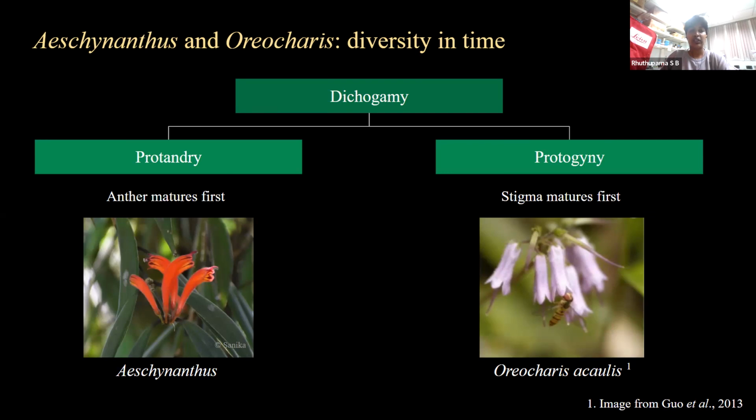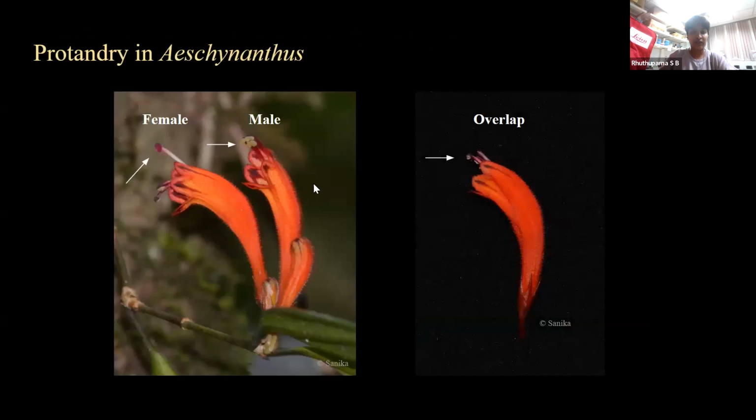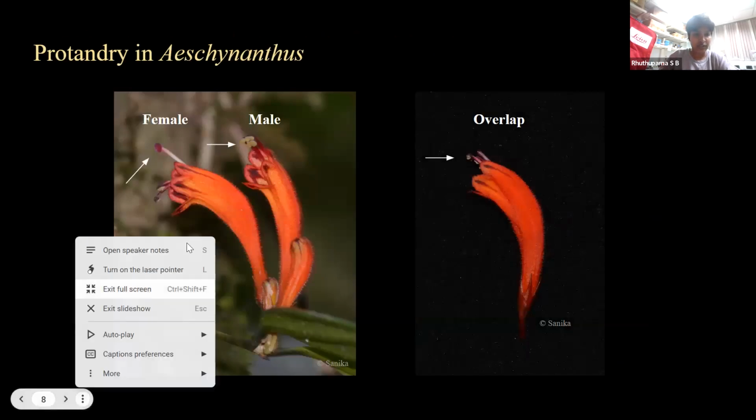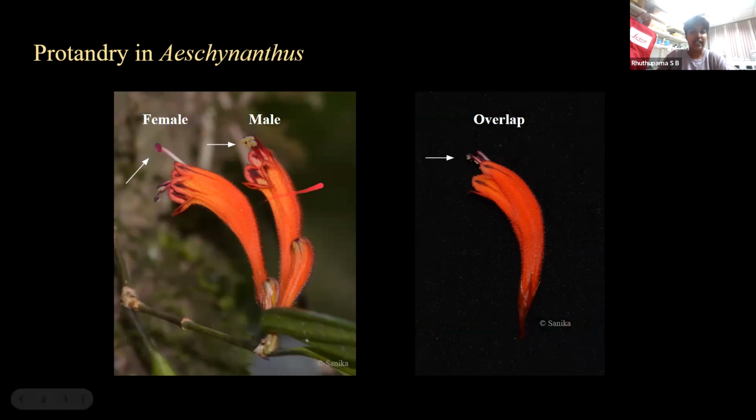Two genera from the family Gesneriaceae exhibit protandry and protogyny. There are more than two genera, but here I'm talking about two. Protandry is exhibited by Aeschynanthus and protogyny is exhibited by a genus called Oreocharis. As you can see here, this structure is the male sex organ and this red structure here is the female sex organ,